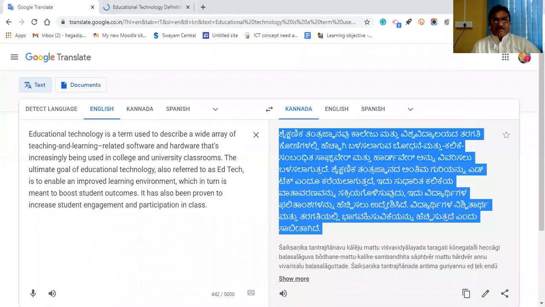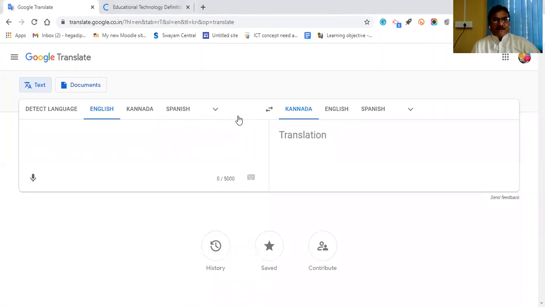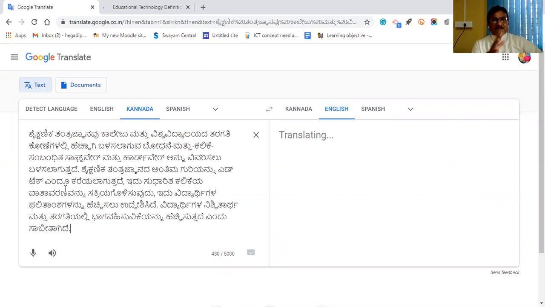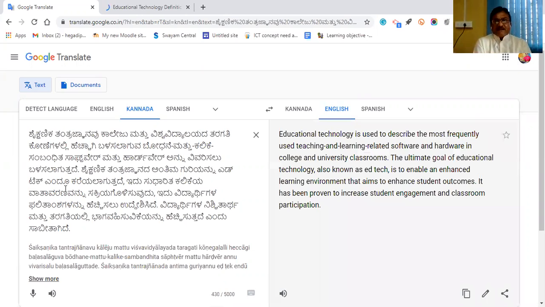I will copy this one. Okay, I will delete English. Here this side I will take Kannada. And this side I will take on the right side, that is called as a translation page. The left page where exactly the first language content that you wanted to translate, that will be on the left side. Now it is translating here. See here, in this way you can translate Kannada to English and also from English to Kannada.